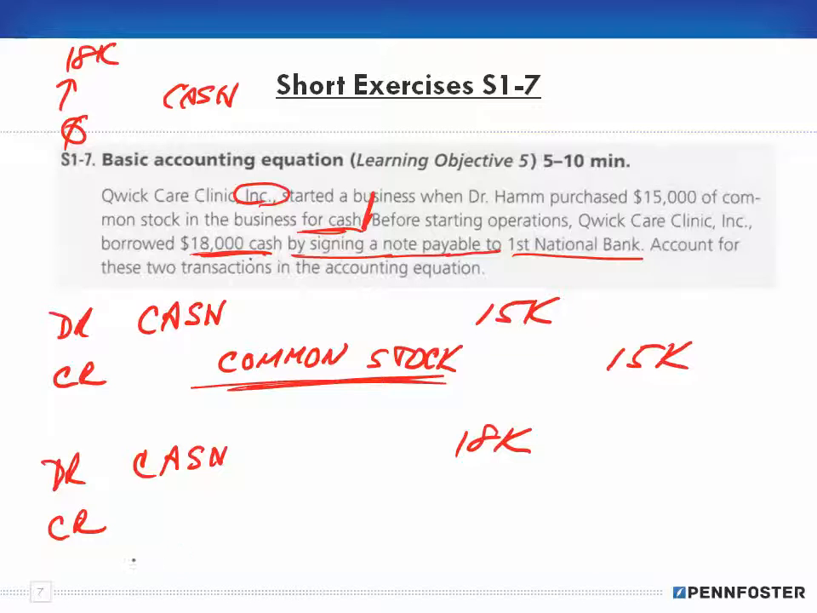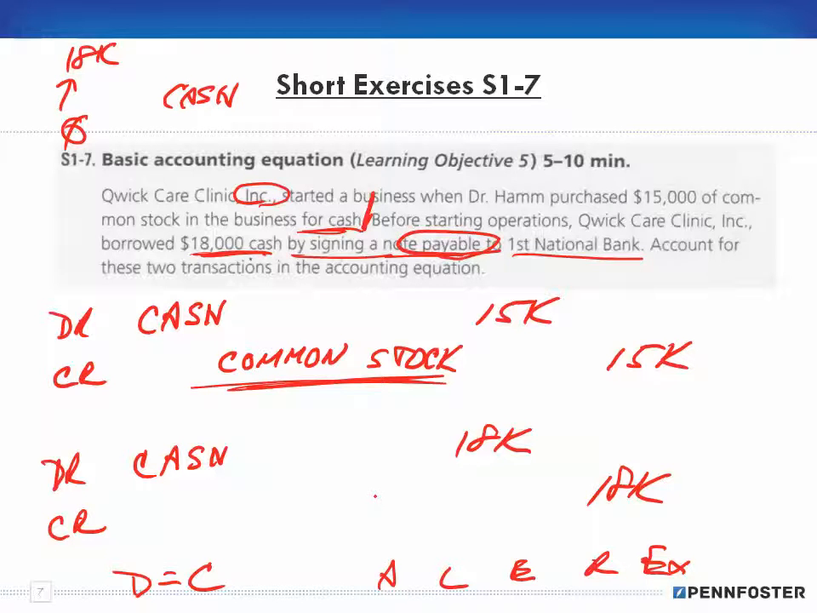Well, at this moment in the thought process, debits have to equal credits, so that means I have to credit something else for 18,000. What? Okay, I look at my categories: assets, liabilities, equity, revenue, and expenses. It says here, by signing a note payable. Well, when you see the word payable, immediately you should be thinking liability. So I would look at my liability ledger accounts, and then I would choose the proper account. In this case here, you should have a note payable account